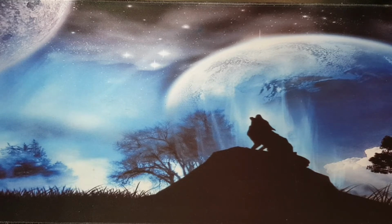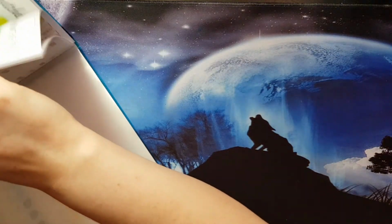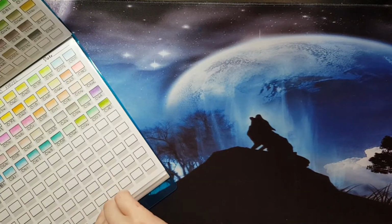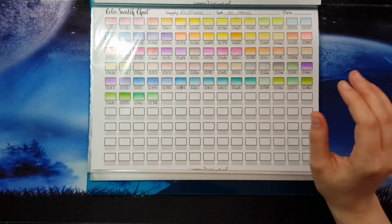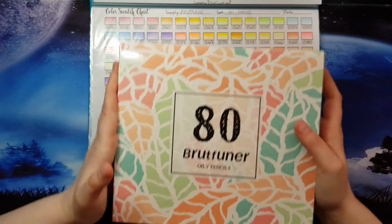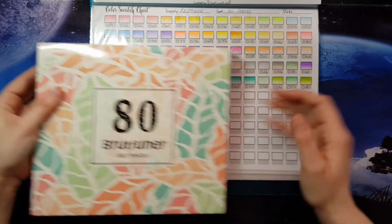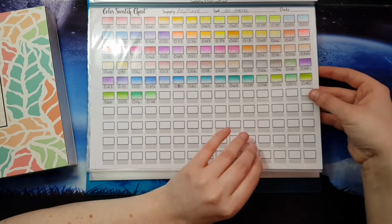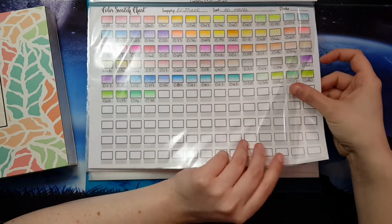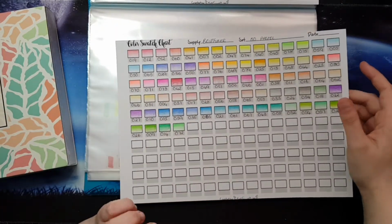So the next thing, I will just grab my swatches so I can show you, because I did swatch them out recently. Right, I'll show you this set first. So I grabbed the Artesa 80 set, and they are sort of like pastels and neons. I will show you if I take this out. They are the round barreled ones, but as you can see,